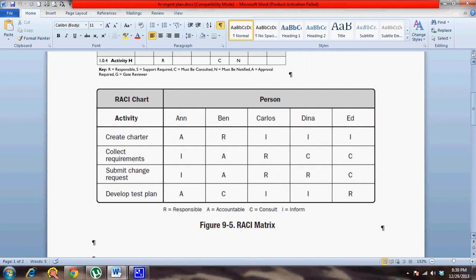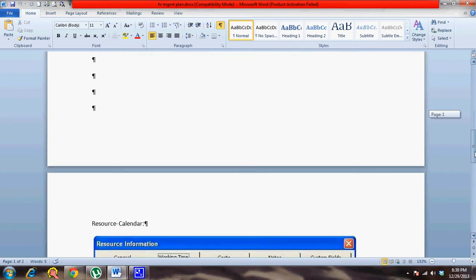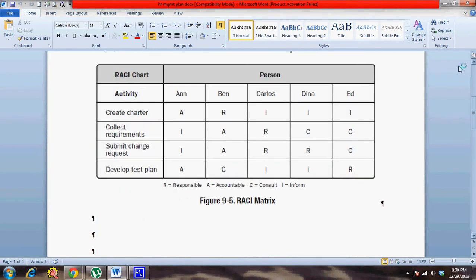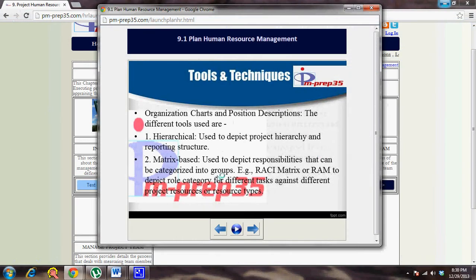This can be done either at the person level, or you can go to the department level and assign it. But as you get more information, if you are doing it for your team, then you'd go at the resource level. So that's an example of a responsibility assignment matrix. A hierarchical structure is used to depict the organization level, but if you want to specifically assign work to team members or the team as such, you use a matrix based structure.